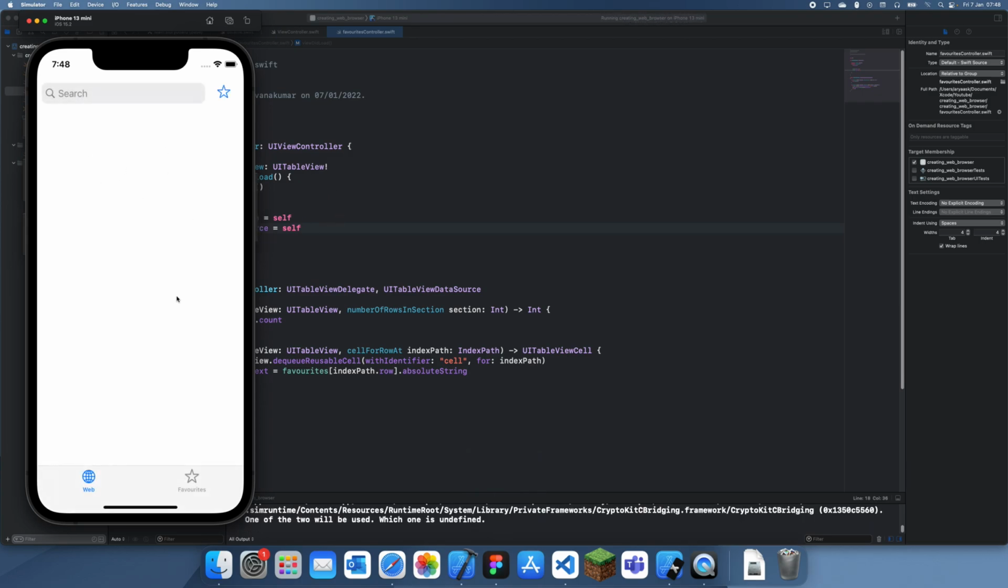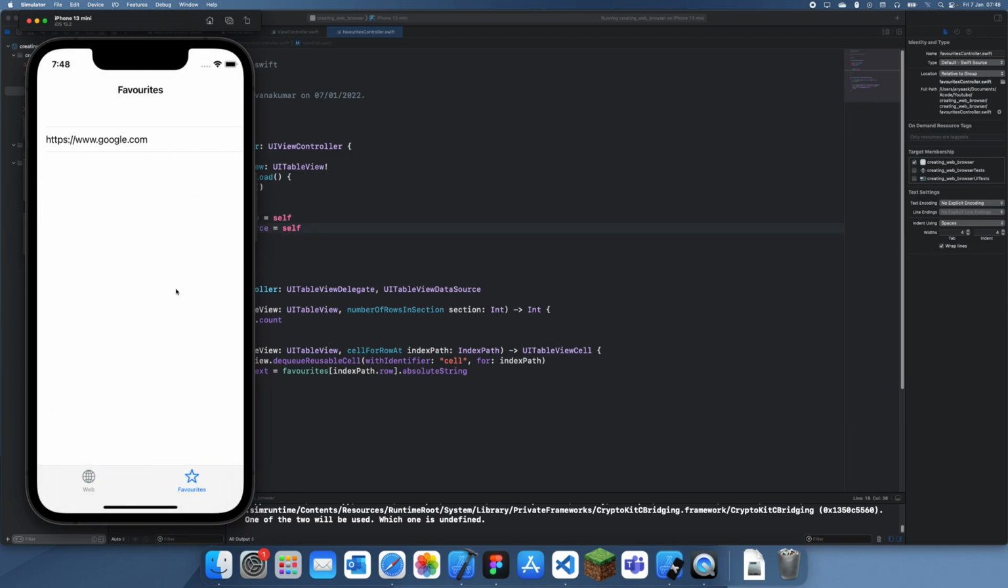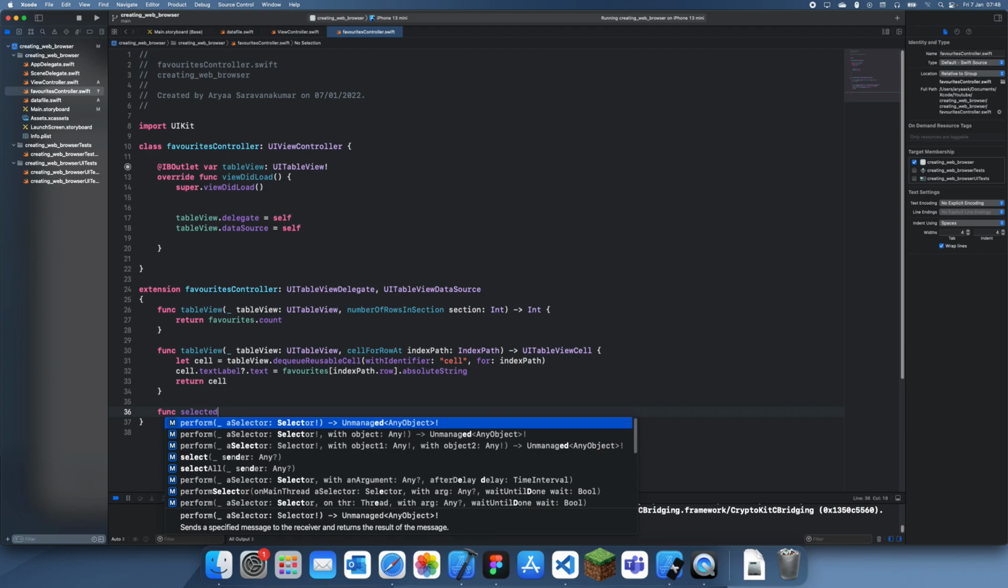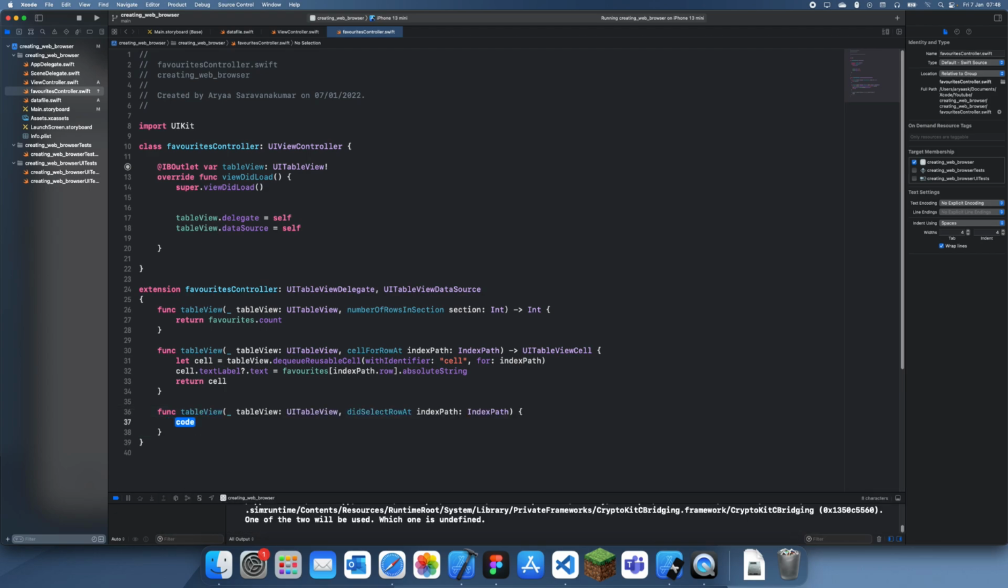Try this again. So we have our page, and let's click yes. If we go to our favorites, we have it here. Okay, that's good. So once we have it here, all we have to do is handle when the user clicks it. So let's create a new function, didSelectRowAt,